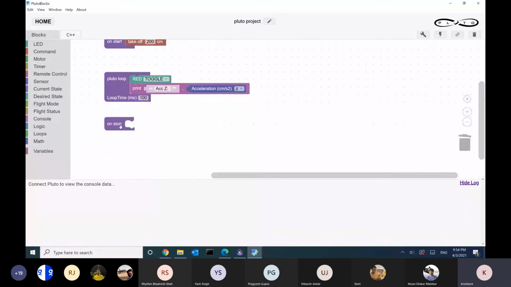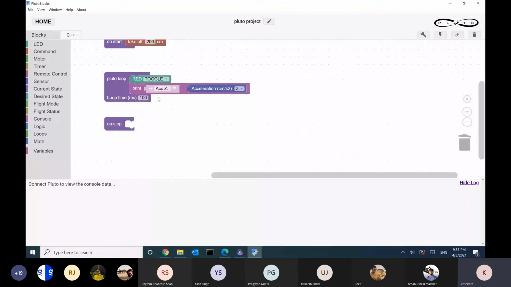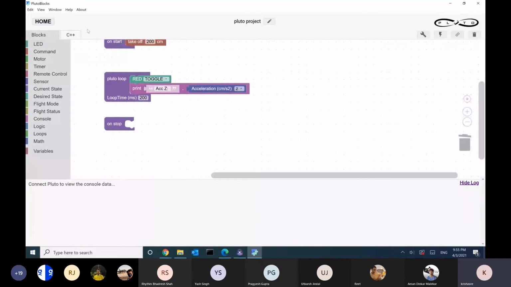Yeah, that's it. We don't have to worry about the LEDs, that has been taken care of here, you can see. In on loop init, you can also change the frequency. You can see it has been called already. So those small things are already taken care of inside the Pluto blocks.